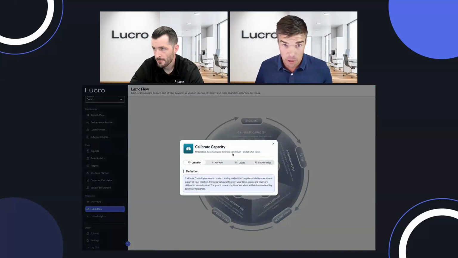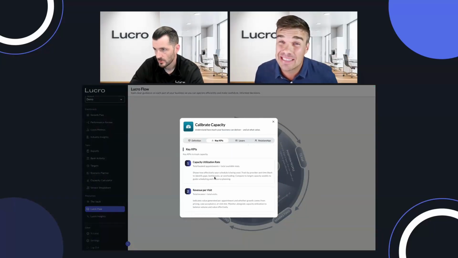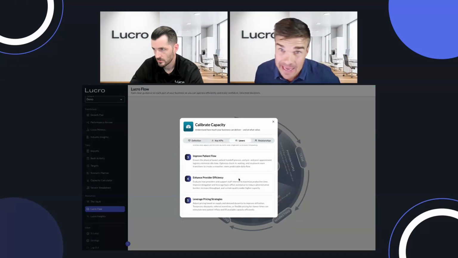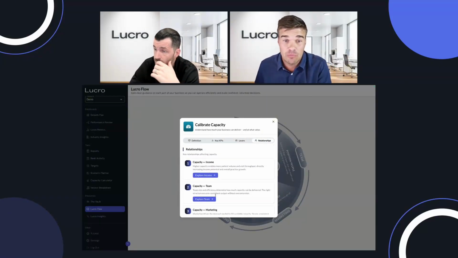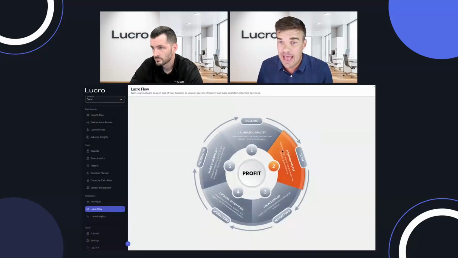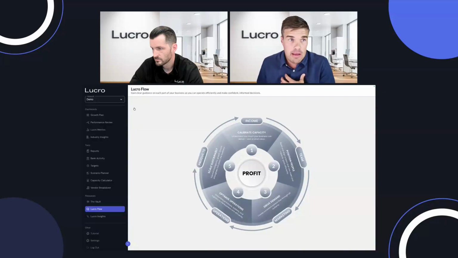And it's a self-guided approach of, well, what is capacity about? What are the key KPIs that are going to give me the insights about capacity that are helpful for me? What are the levers that I can pull to make capacity better or more robust or bigger or whatever it could be, or fill it up? And then the relationships is, how does capacity interact with some of the other areas of our business? And it's that guided approach on every single one of them that if I was